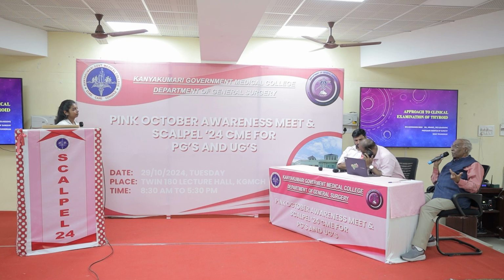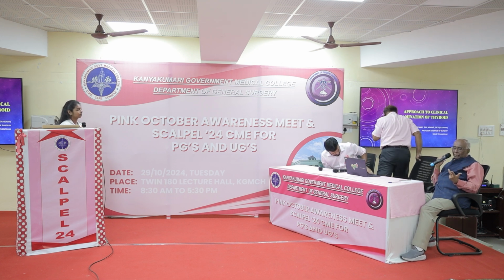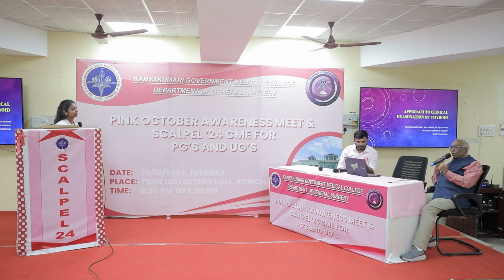Second is disrupted rim calcification. Third, you said taller than wide. Fourth is irregularity of the border. So, a hypoechoic nodule with a few of these features, one should strongly suspect malignancy,